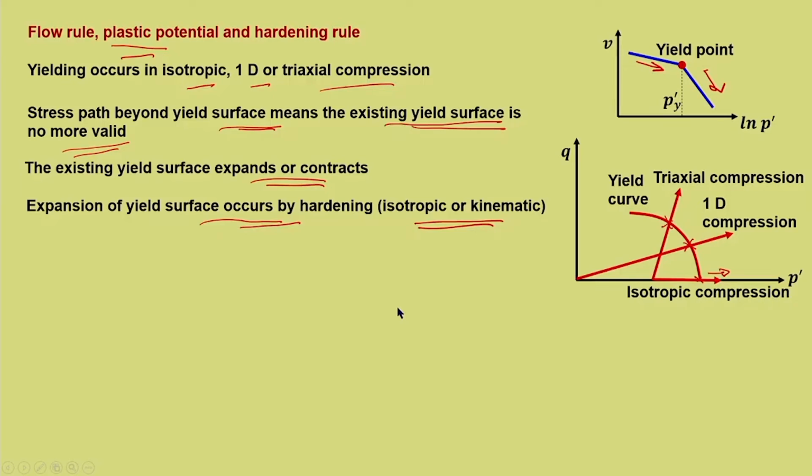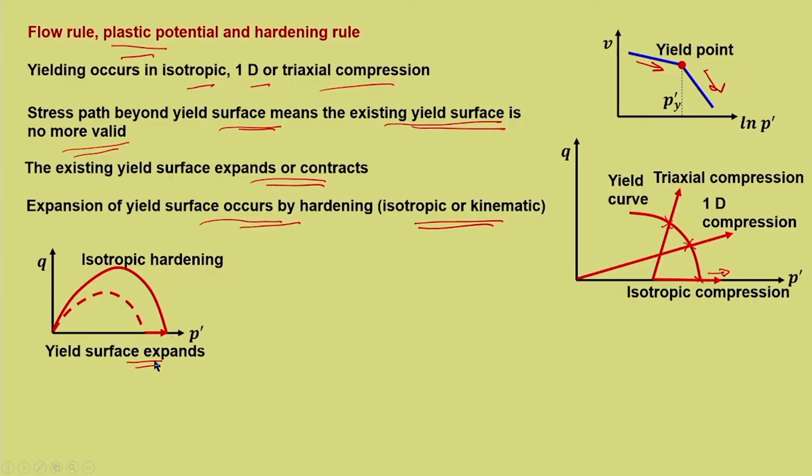Now, there are two ways in which the hardening is defined, that means expansion of the yield curve happens. Now, that hardening is defined in terms of either isotropic or kinematic hardening. Now, this is our yield curve, the initial yield curve in general. So, it need not be a critical state or modified Cam-Clay or Cam-Clay, it is a general yield curve. Now, in the case of isotropic hardening, what do you mean by isotropic hardening? It is simply an increase in the size of the yield curve, the one which we have seen till now,